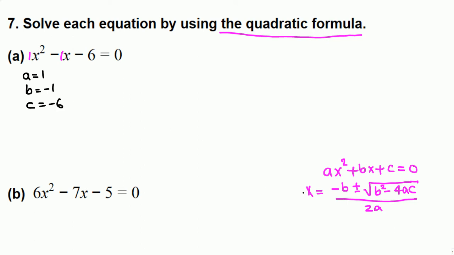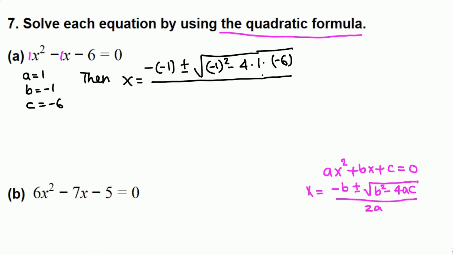Then using the formula, x equals negative b, so negative negative 1, plus or minus the square root of b squared, negative 1 quantity squared, minus 4 times a, 1, times c, negative 6,